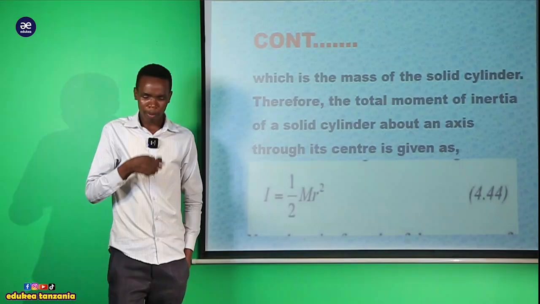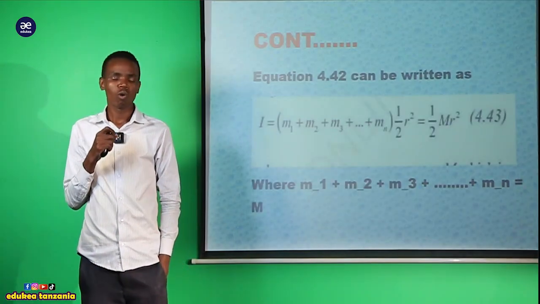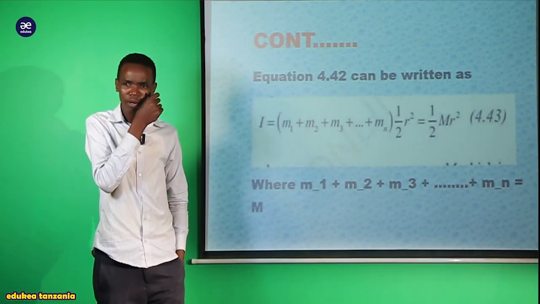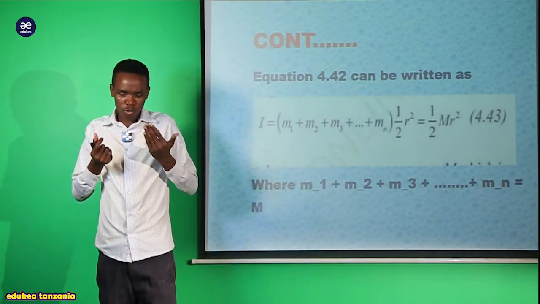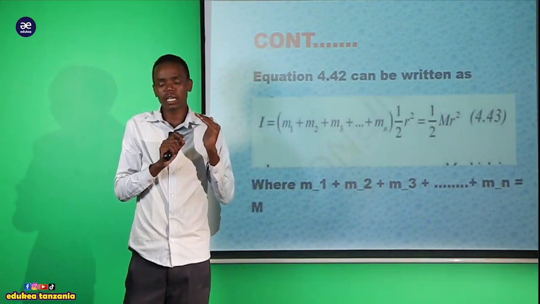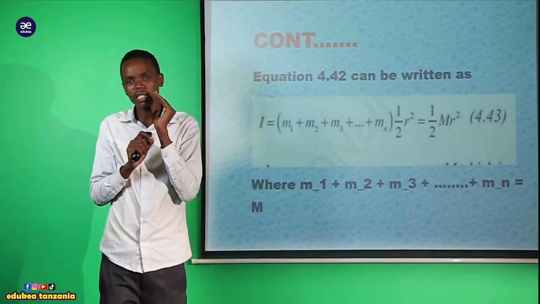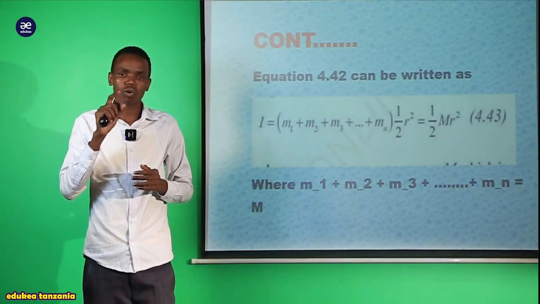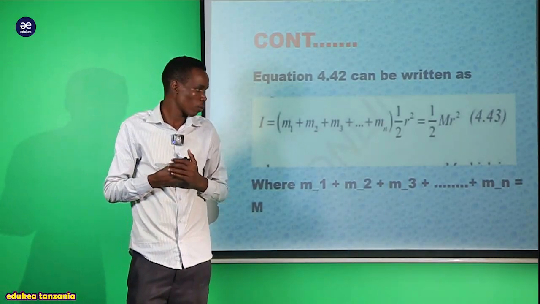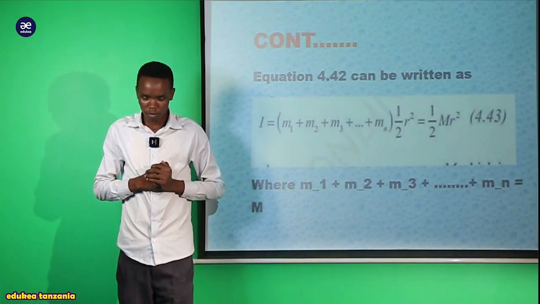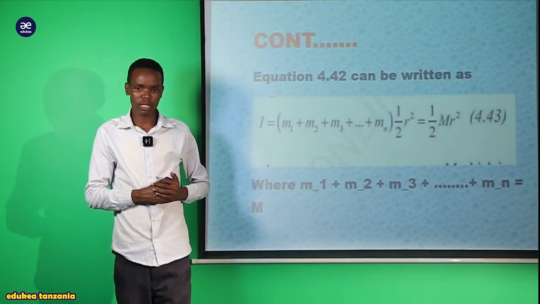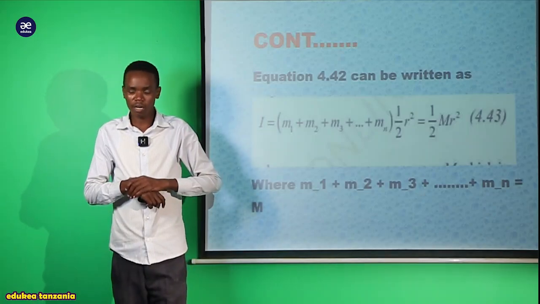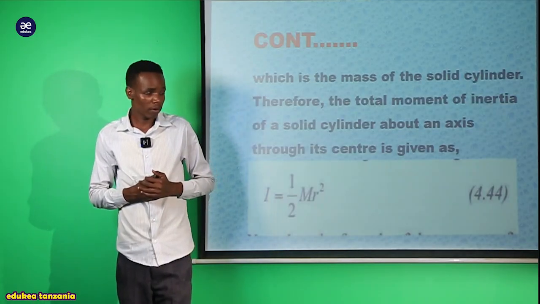Instead of factoring out the common term, which is a half r square, after factoring out we get m1 plus m2 plus m3 plus dash dash plus mn equals the larger M. Now we should express it as equal to the larger M, as we see here. Now we should conclude by saying that, therefore,